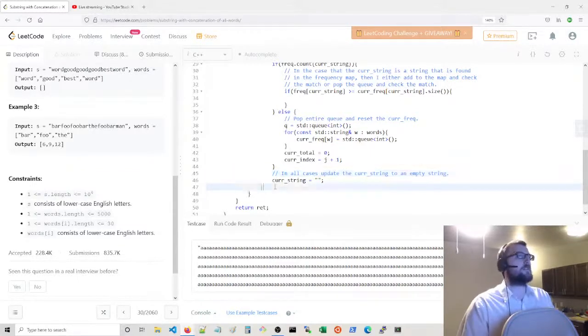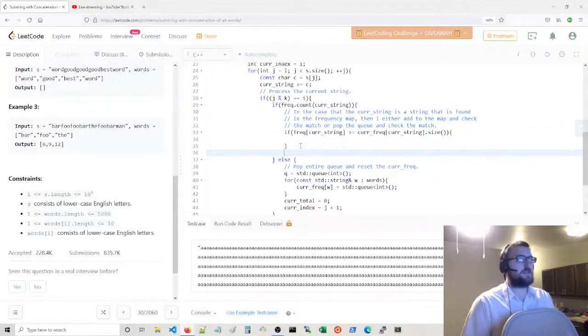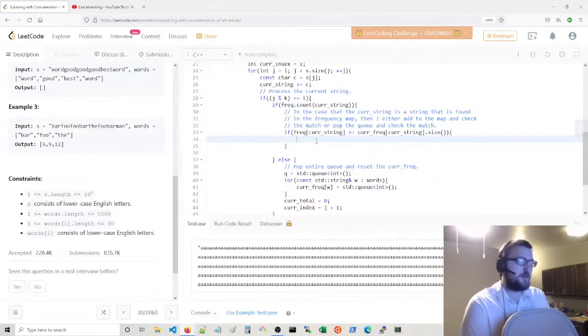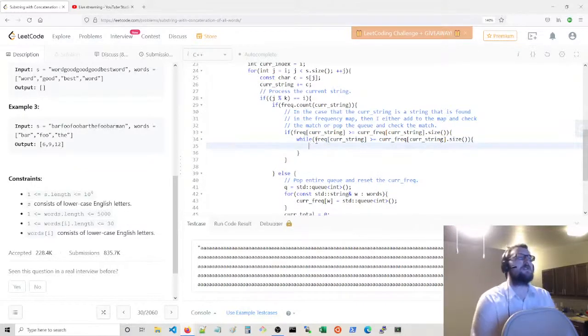Okay. Update the current string to an empty string. So again, here we're gonna pop our queue as is appropriate. So we're going to say, while this is the case, while this is true, we're going to take a string x, set that to current frequency of current string dot size, or we're going to say int which index,